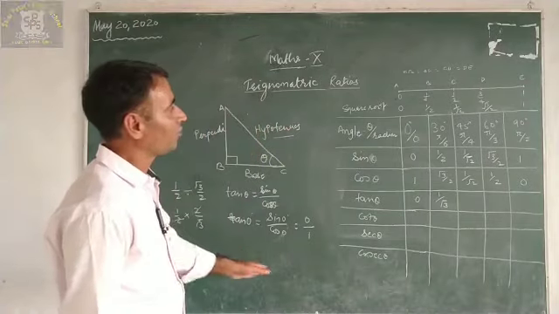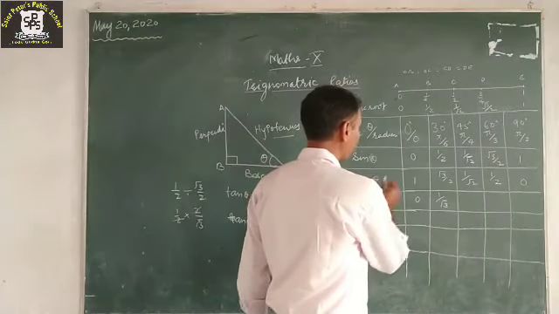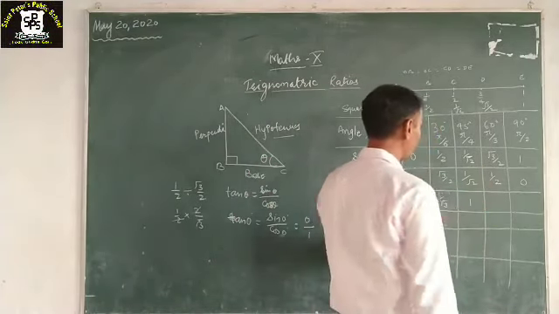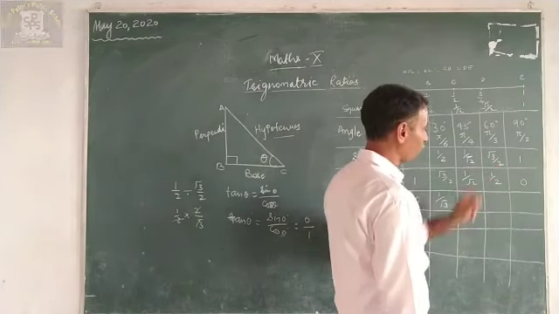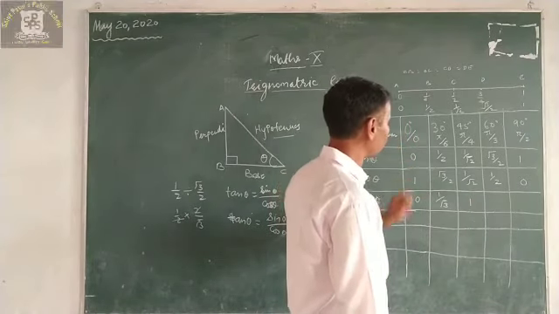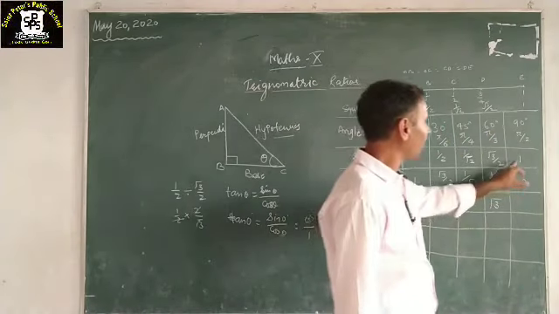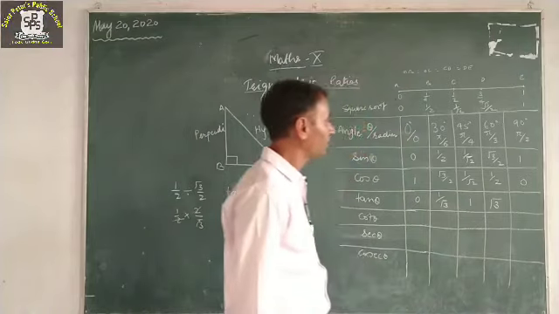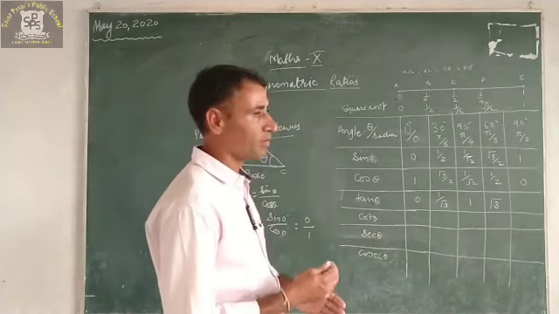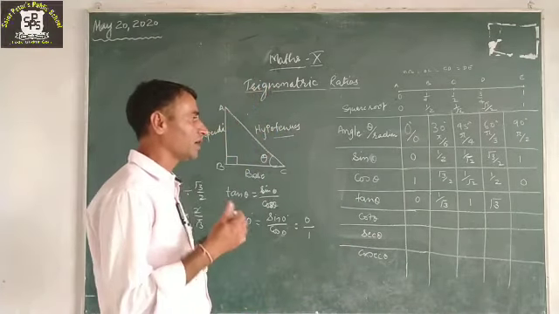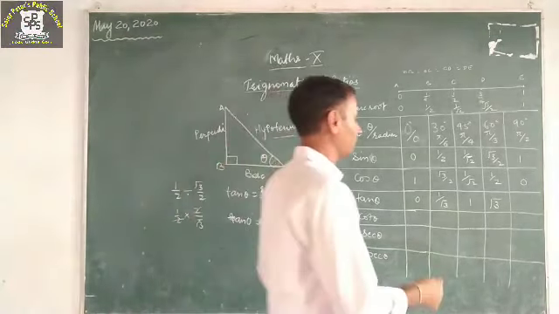Similarly, we can find the values of tan 45, tan 60 degree and tan 90 degree as well. So the value of tan 45 degree will be equal to 1 upon root 2 divided by 1 upon root 2. We will get 1. Root 3 by 2 is divided by 1 upon 2, then we will get the value of tan 60 degree, and that will be what? Root 3. If I divide 1 by 0, then I will get the value of tan 90 degree. And if any number is divided by 0, then that function will not be defined, or we can say that it is infinity.